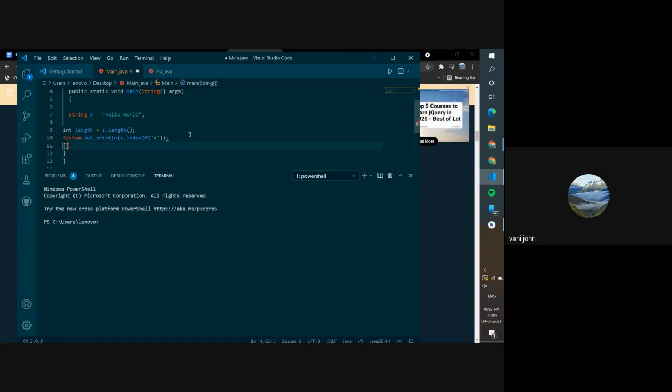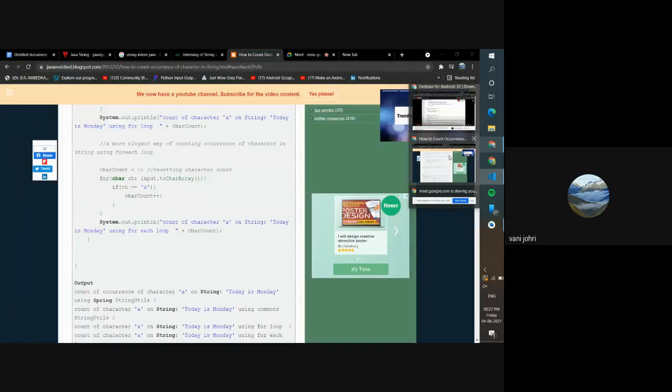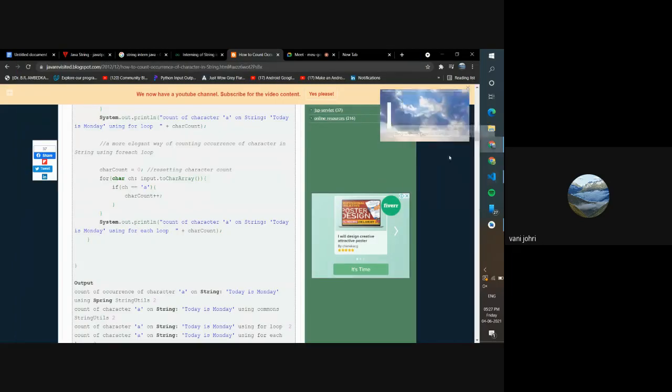So you have like this, and then you have different numbers. Okay, so you have like this. So this is an array, which is like a single row and multiple columns. That's what an array is, and a string is nothing but an array of characters. You can say it that way.